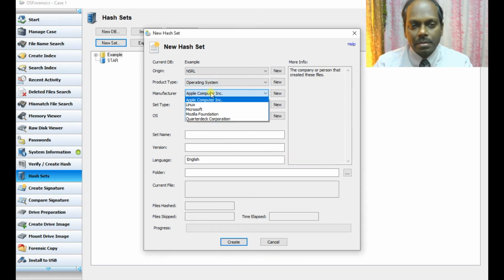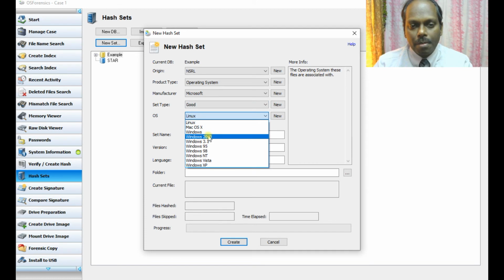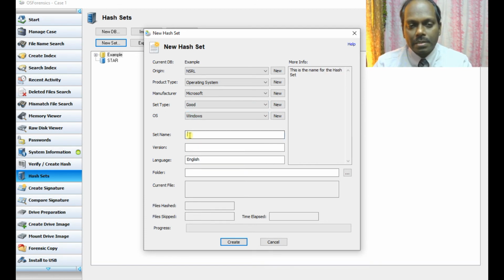Manufacturer, I can say Microsoft. Set type, okay, good. Operating system is maybe Windows, and the set name is maybe the name of the hash set, testing. Version, I can say standard,